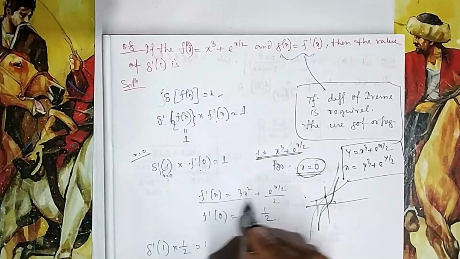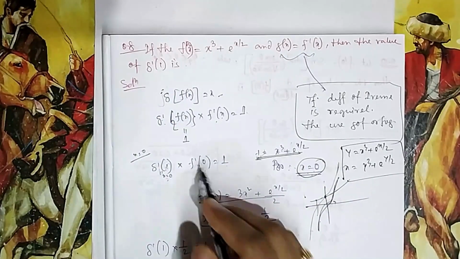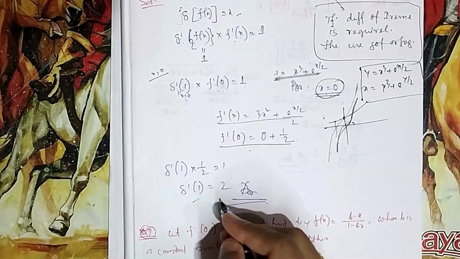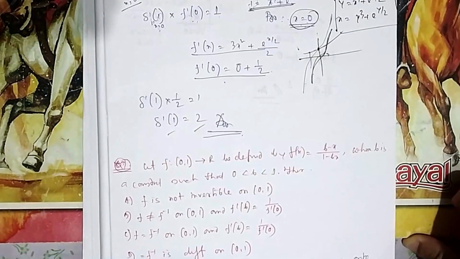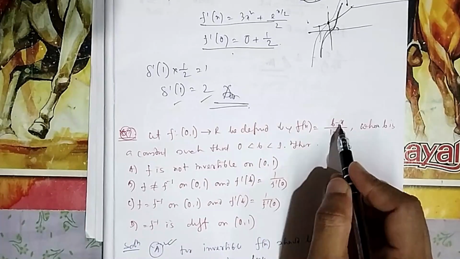Now what is f dash 0? Fx is this one, so you can easily calculate f dash 0 is half. So you put it there, you will get your g dash 1 is equal to 2. That is your answer. Next, if you come to this one, fx is defined by this, where b